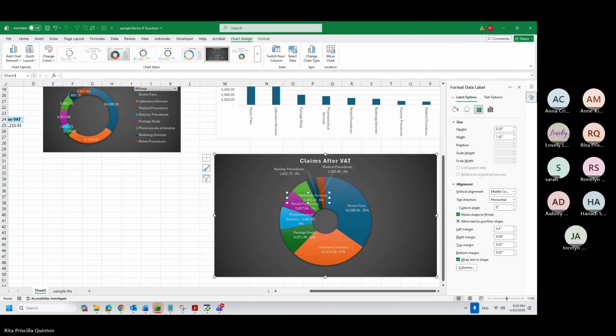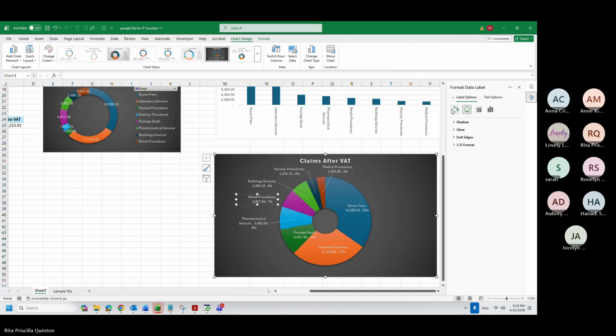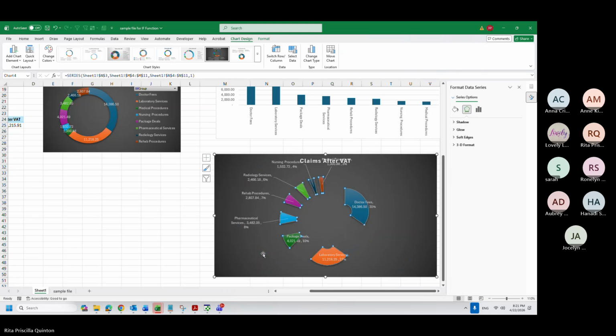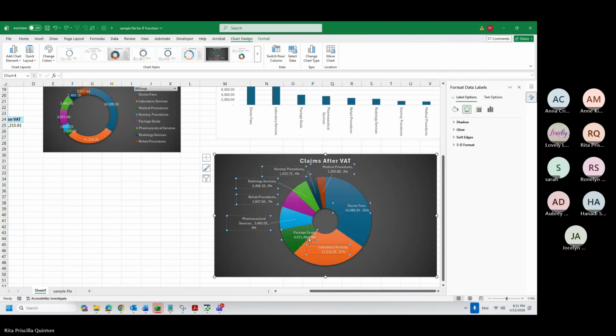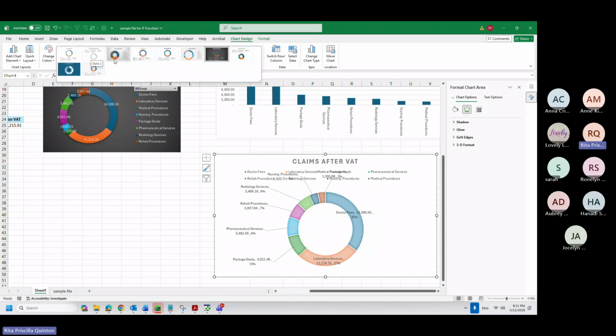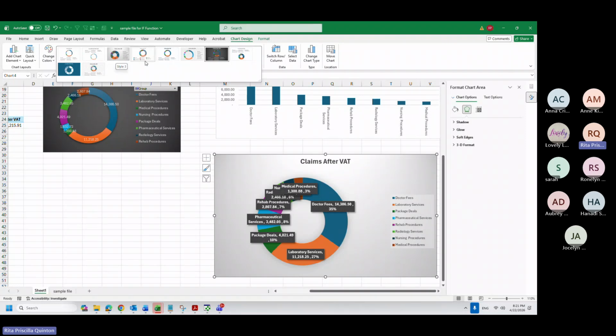Okay. Or again, as I mentioned, there are other options here you can select from.